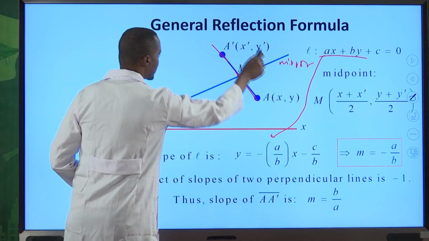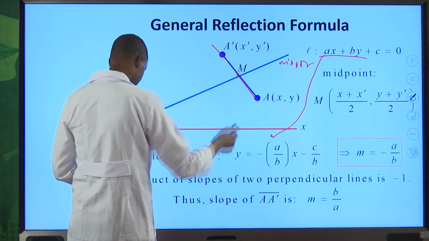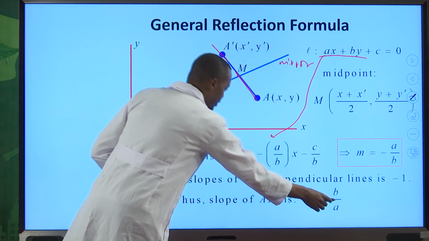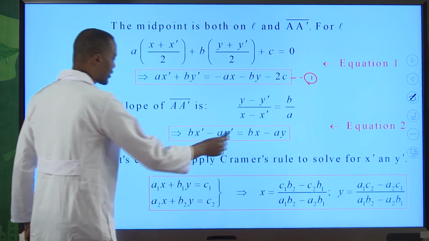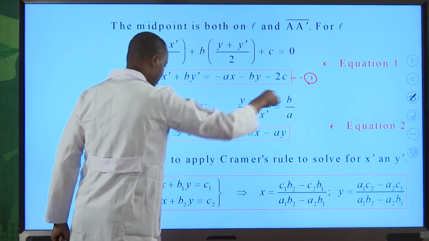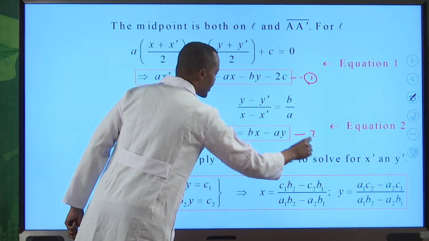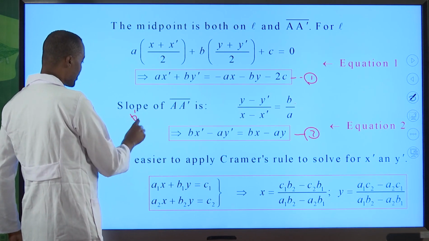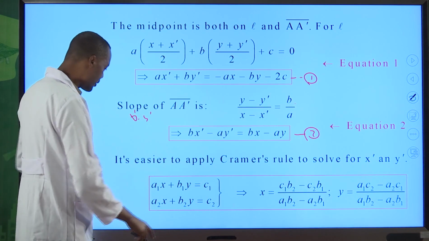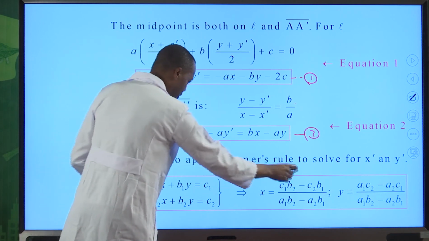For example, y minus y prime over x minus x prime, that is its own slope, which is this one. From that argument, you can directly write this one, and by rearranging this formula, you can have this as second equation,